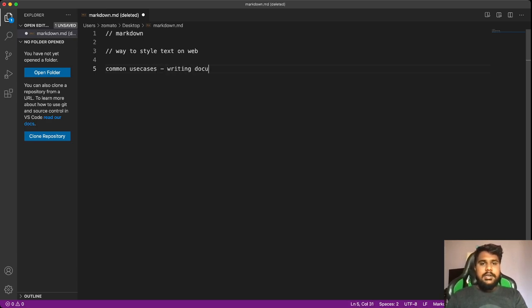Even if you see the GitHub, then we will see something like readme.md. Something like .md means it's a markdown, just like HTML has .html, CSS has .css, markdown is .md. So sir, there is already HTML and CSS which can style the text on the web, then